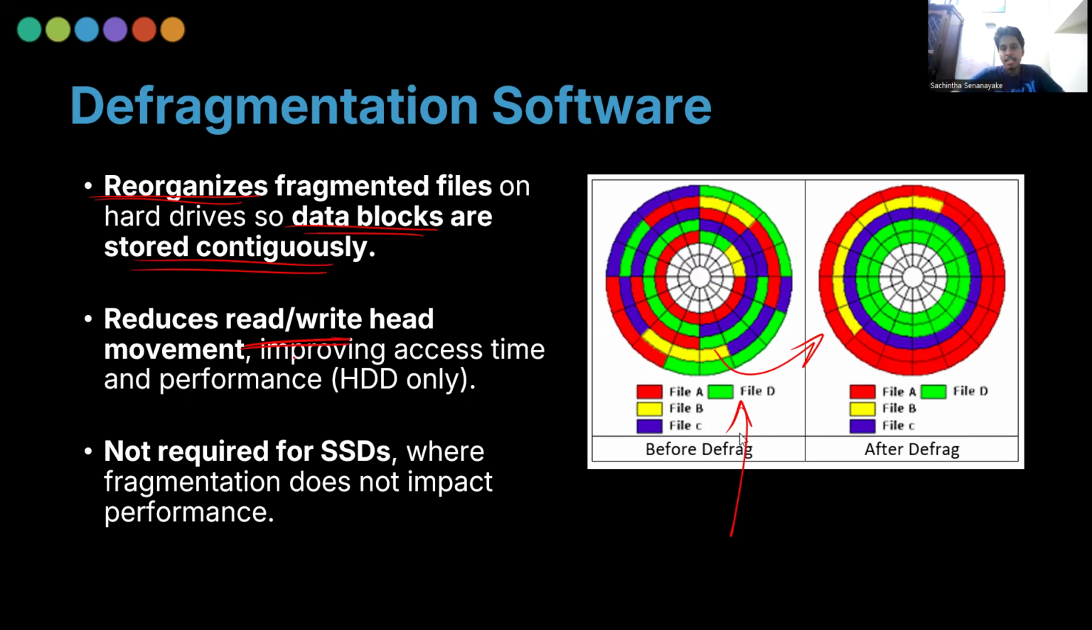But the problem with this is that it only works well for hard disk drives, because for SSDs, it doesn't really matter because SSDs have no moving parts. Fragmented files don't really slow down an SSD because SSDs are fast nonetheless. So SSDs don't need defragmentation, since for SSDs, fragmentation does not impact performance. Since there are no moving parts, there are no read-write heads moving around. And it's actually discouraged from doing defragmentation on an SSD because you're